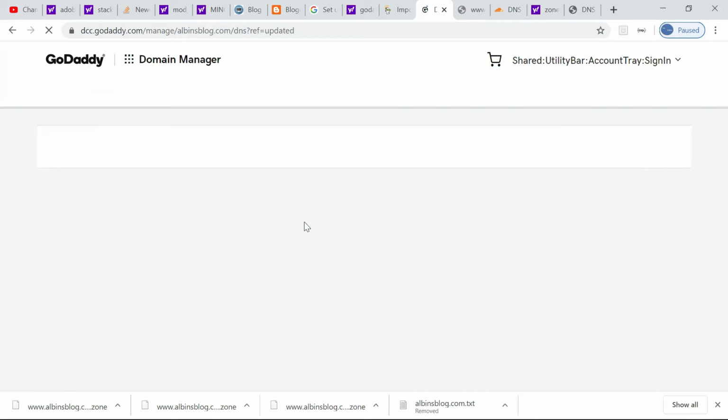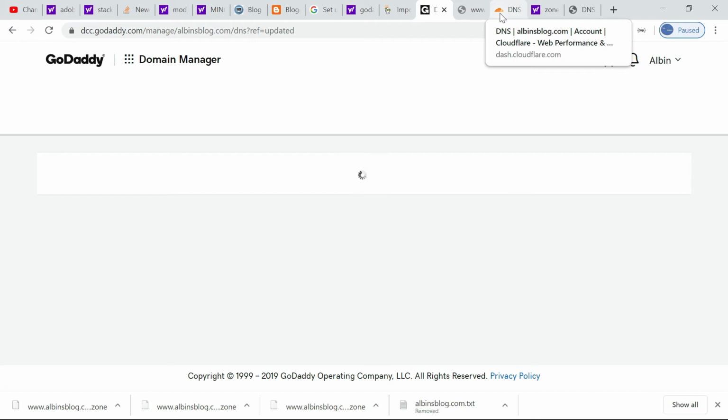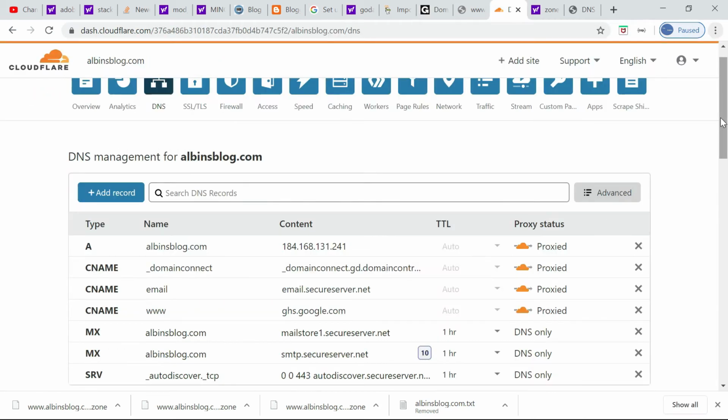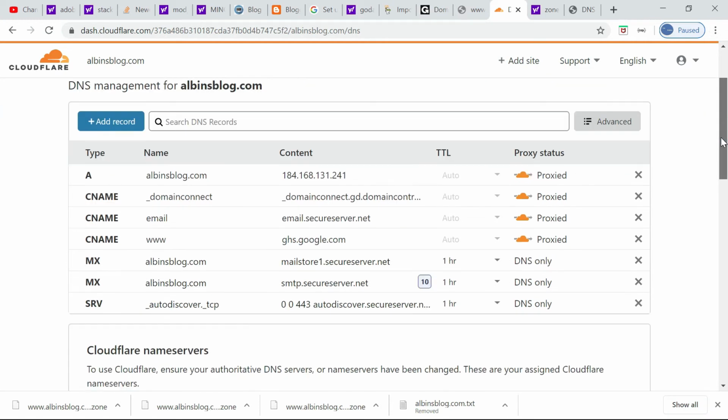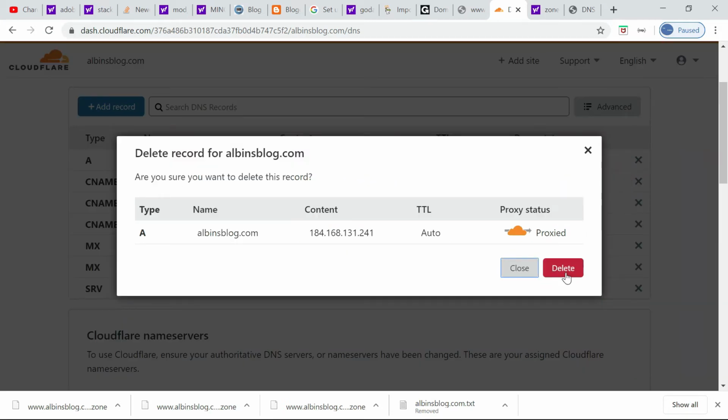Now go back to Cloudflare. Right now I have a record pointing to the default Cloudflare IP, but I'm going to remove that.